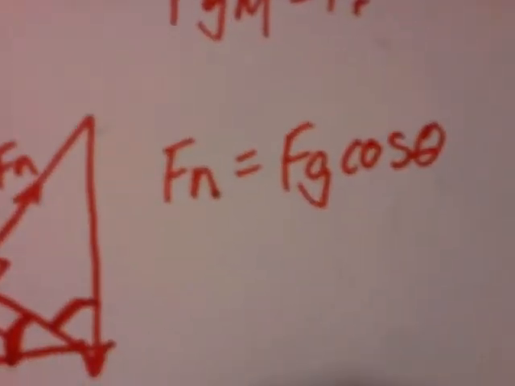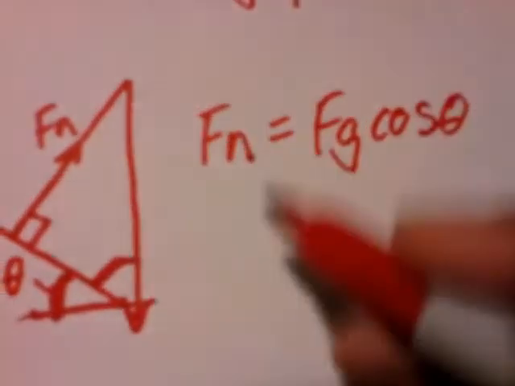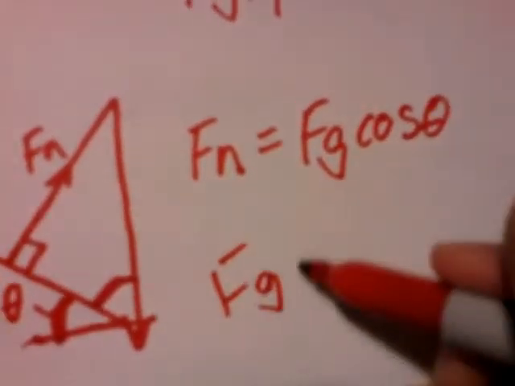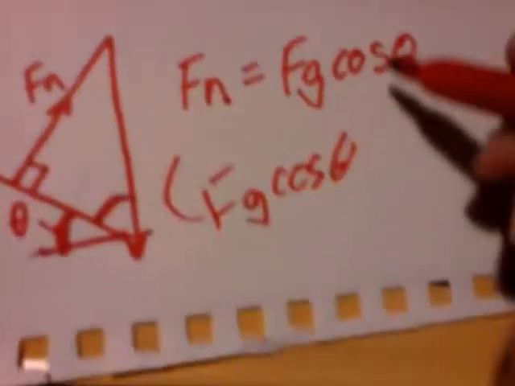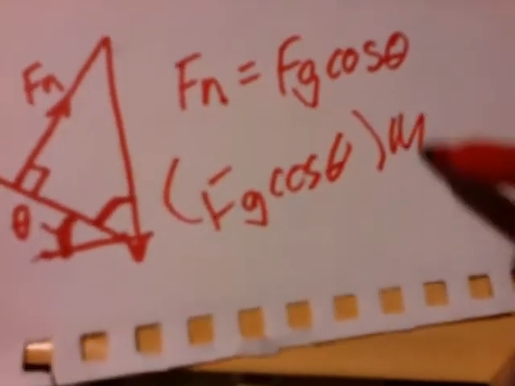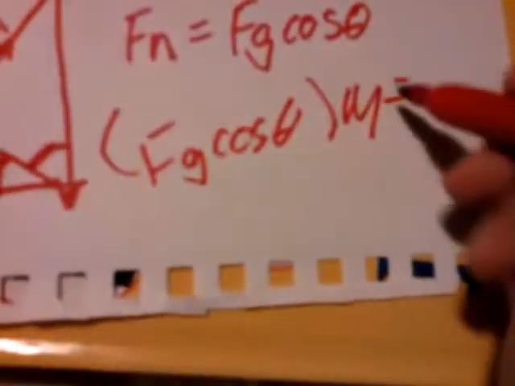Because of that, we also know that force of friction is the normal force times the coefficient, so all we have to do is multiply Fg cosine theta by the coefficient, and you have,